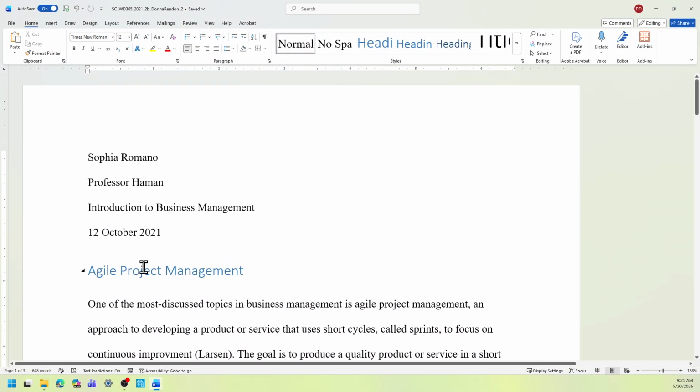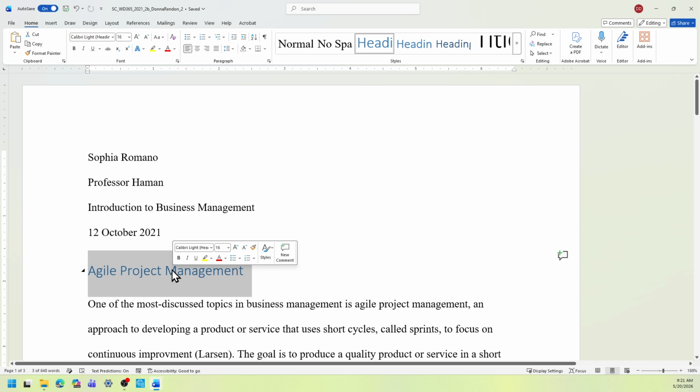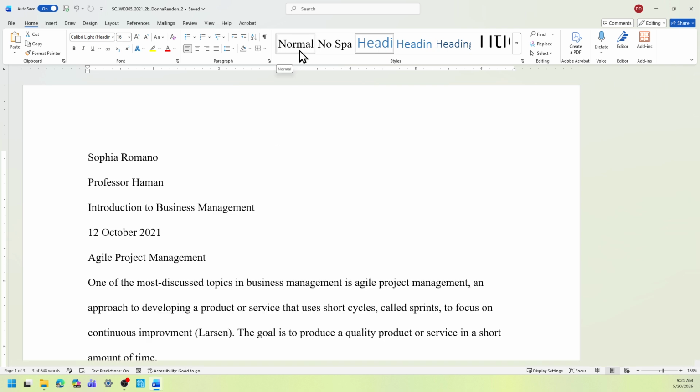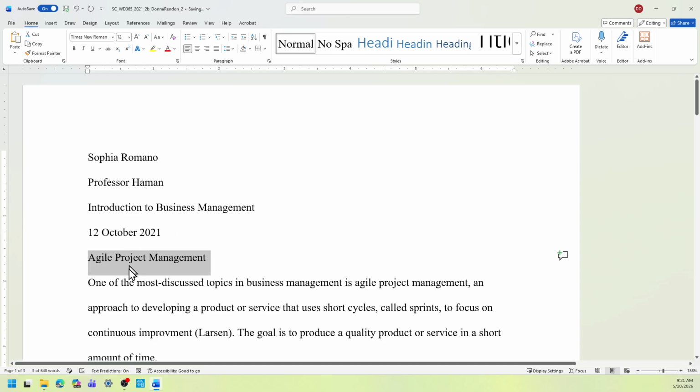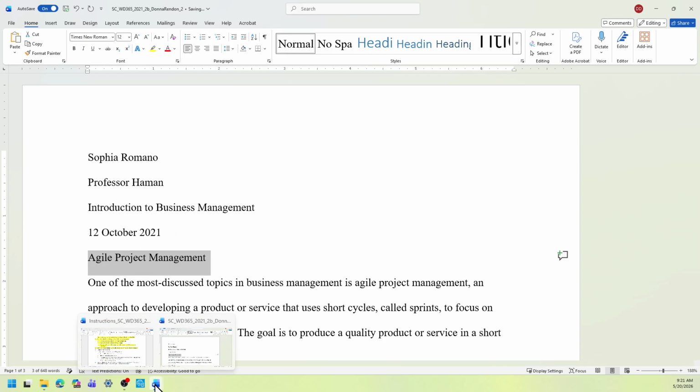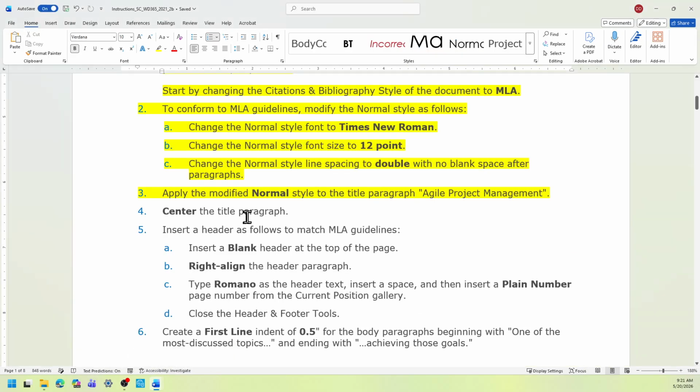So as you can see, the title paragraph is in blue font. So you're going to select that, and then you just need to select normal. So now it's in black font color. I believe that's it for that time.